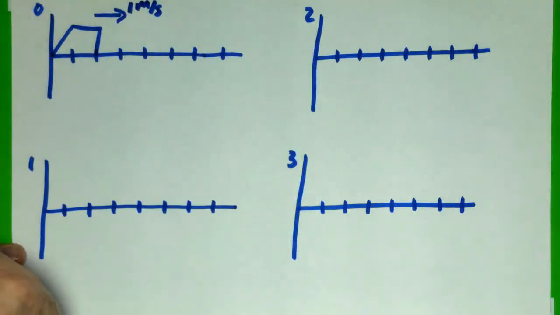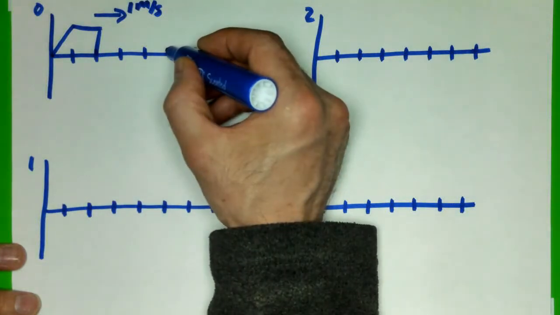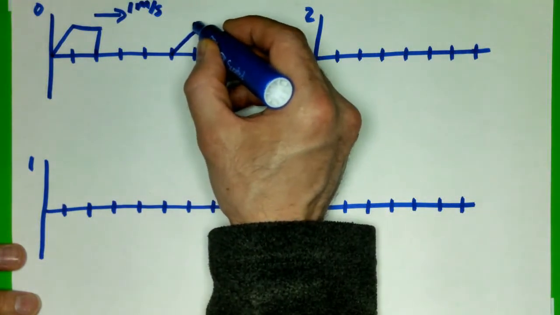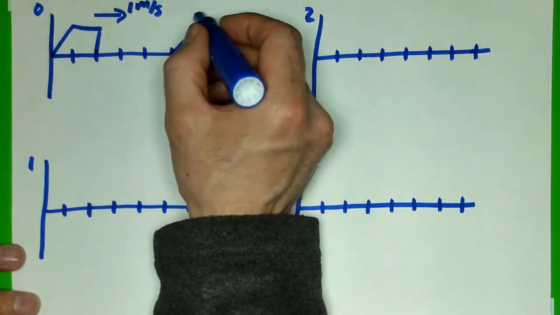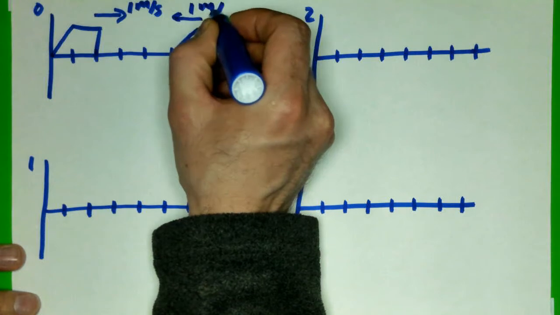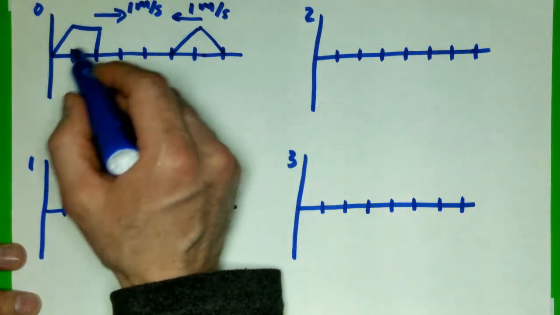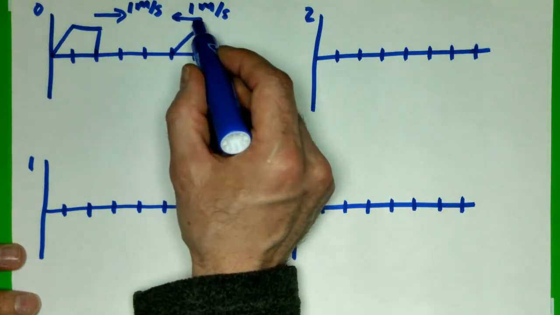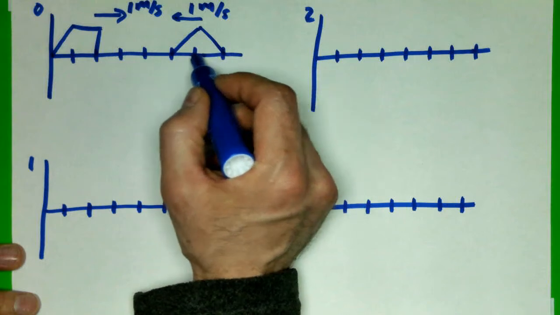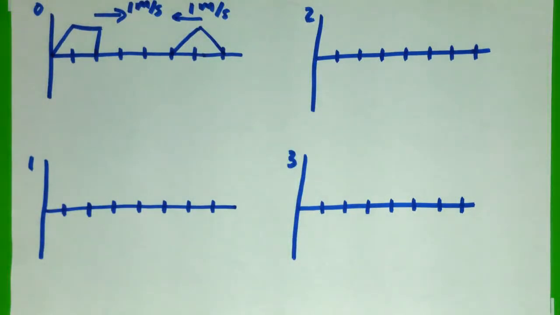Over here, that's 1, 2, 3, 4, 5, 6, 7. Over here at 5, I've got another pulse that is a triangle pulse that's traveling the other direction at 1 meter per second. The leading edge of this one rises steadily from 0 to a maximum over 1 meter, but then decreases linearly back to 0 over the next meter. So the question I want to ask is, what will the string look like